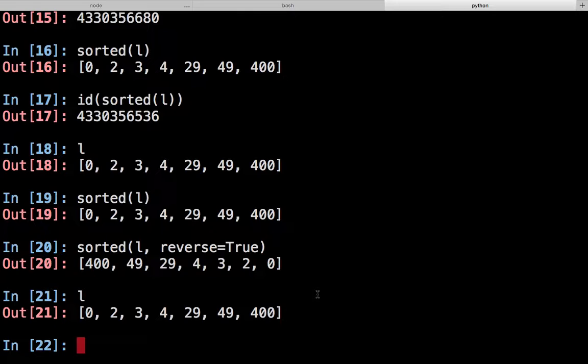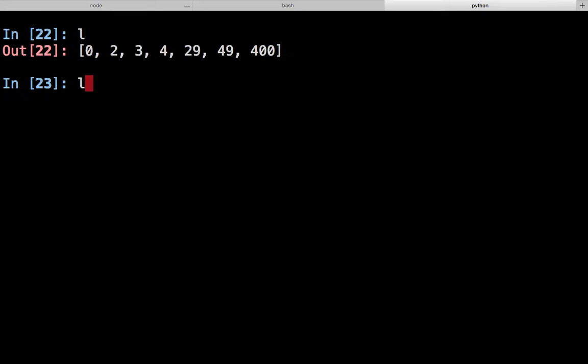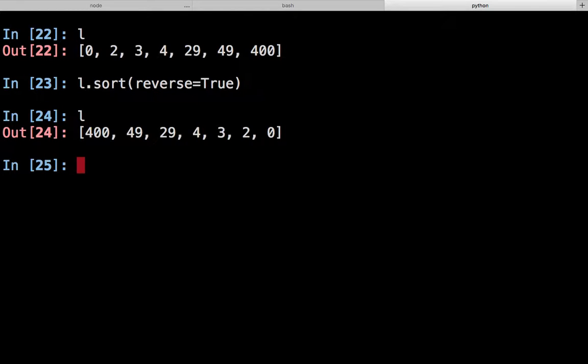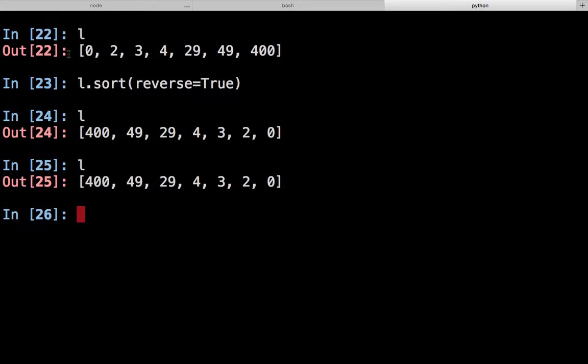But that's one advantage of using the sort method. If we sort L with reverse equals true, we should get the list in opposite order. Now L, we can't get back this original order, so it's lost to you, and that's what's meant by in